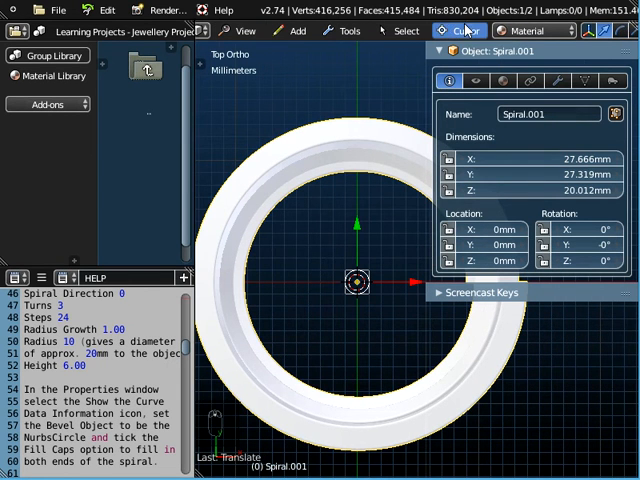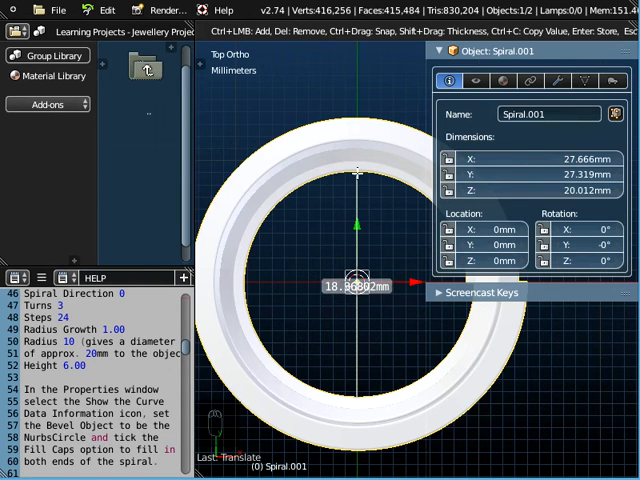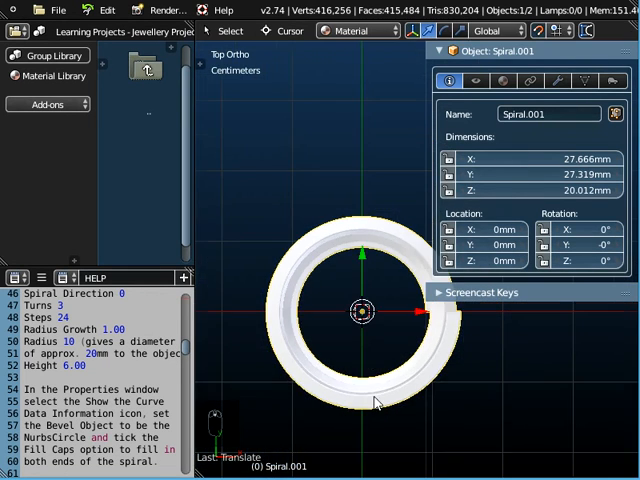What we do need to do is measure the internal diameter of this ring. Okay, so it's 18.7 millimeters. If that wasn't the right size for your finger, what you'd need to do, I'm not going to do it here,